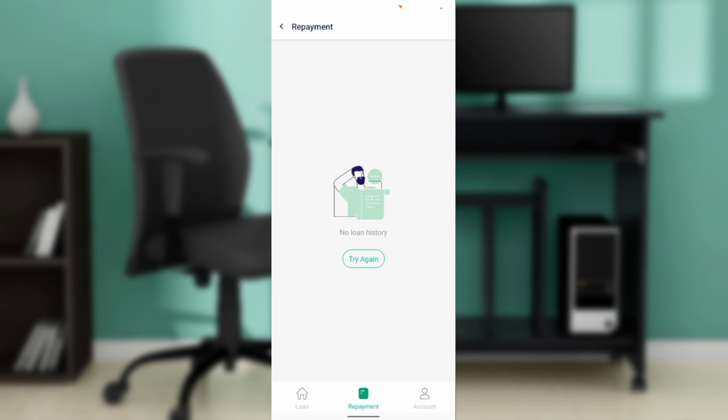Number one, OPay balance. This uses funds available in your OPay wallet to repay the loan, and this is the most straightforward method. Number two, automated direct debit, ADD. This links your bank account or debit card to authorize OPay to automatically deduct the loan amount on the due